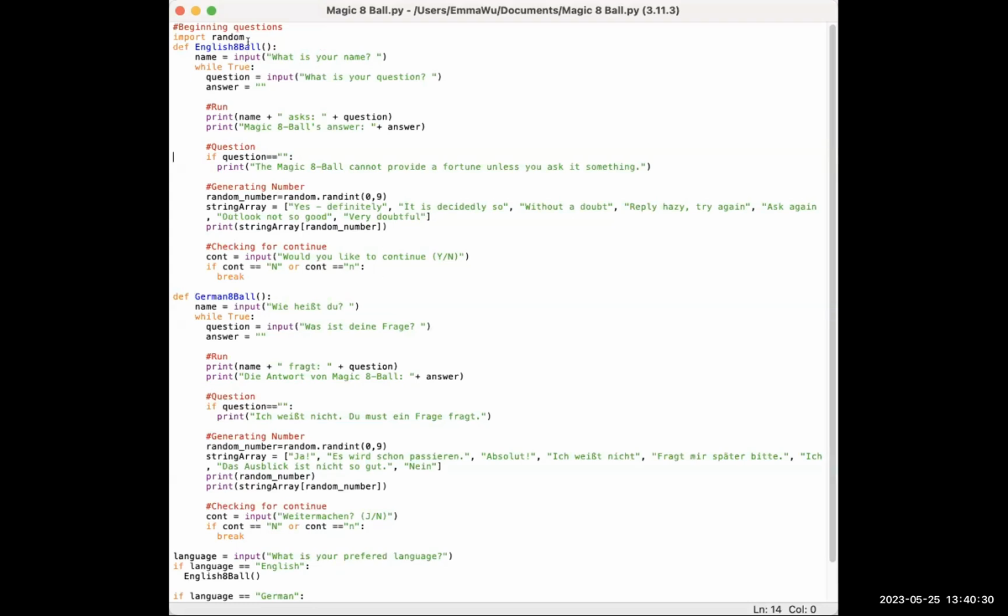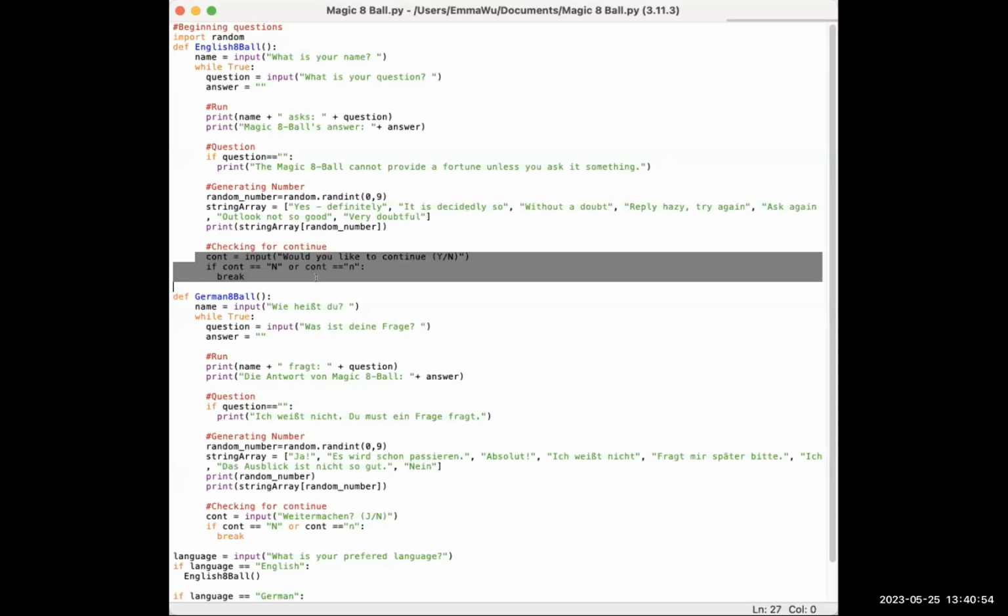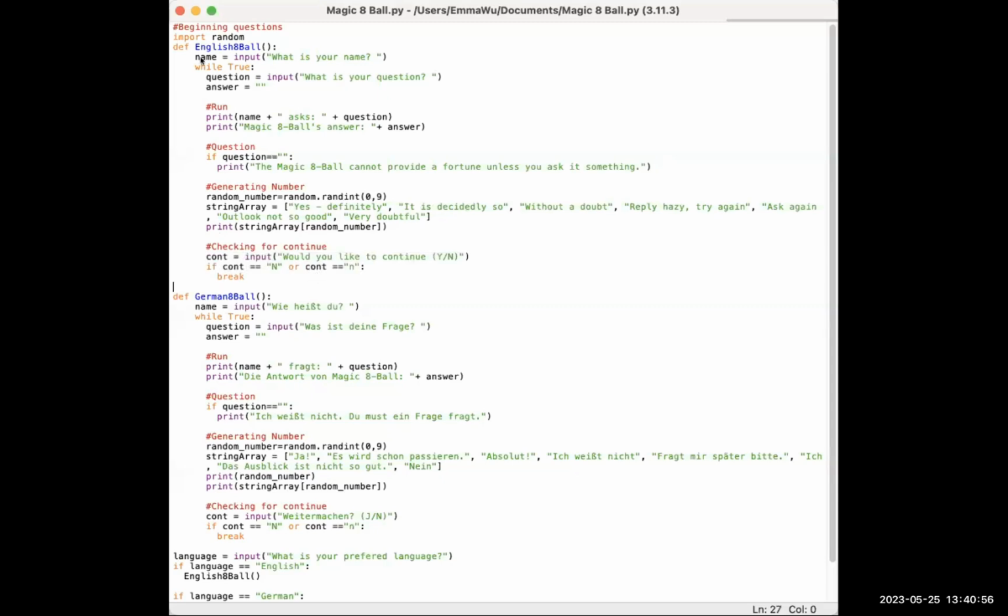So what you start off with is it starts by asking you your name, and then after you insert your name, you just type whatever question, a yes or no question, that you want asked. And so it runs the system that randomly generates a number between 1 through 9, and these are the associated answers with that. And then this right here is just if you want to continue or break. And so if I run this,